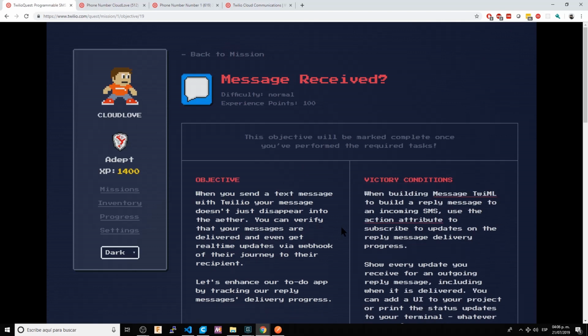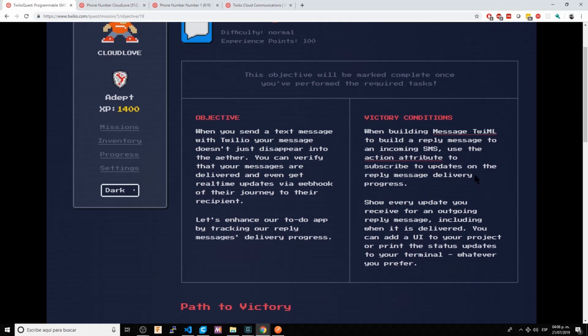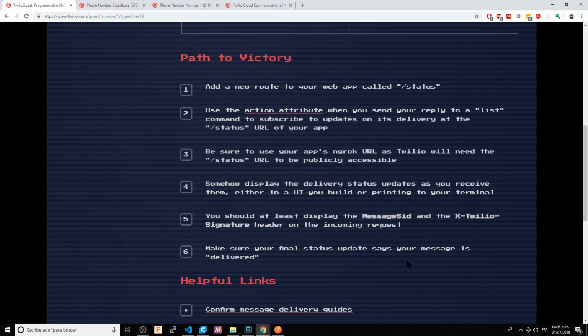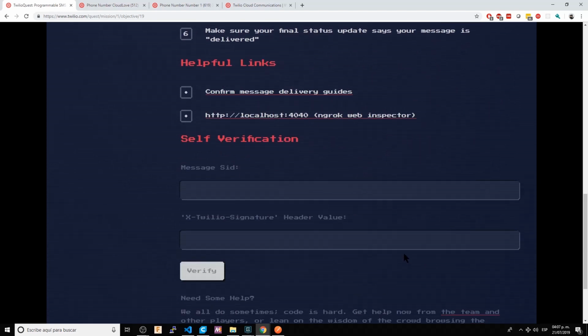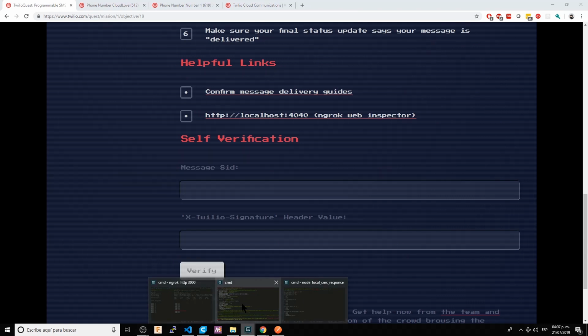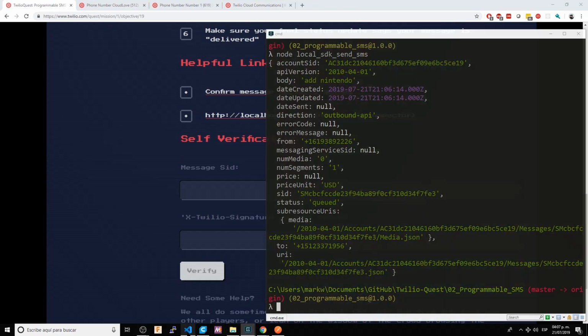So when building a reply message to an incoming message, use the action attribute to subscribe to updates on the reply messages. Show the update on your received and outgoing reply message. Okay. Perfect. So basically they're asking us to use the message status. So for that,